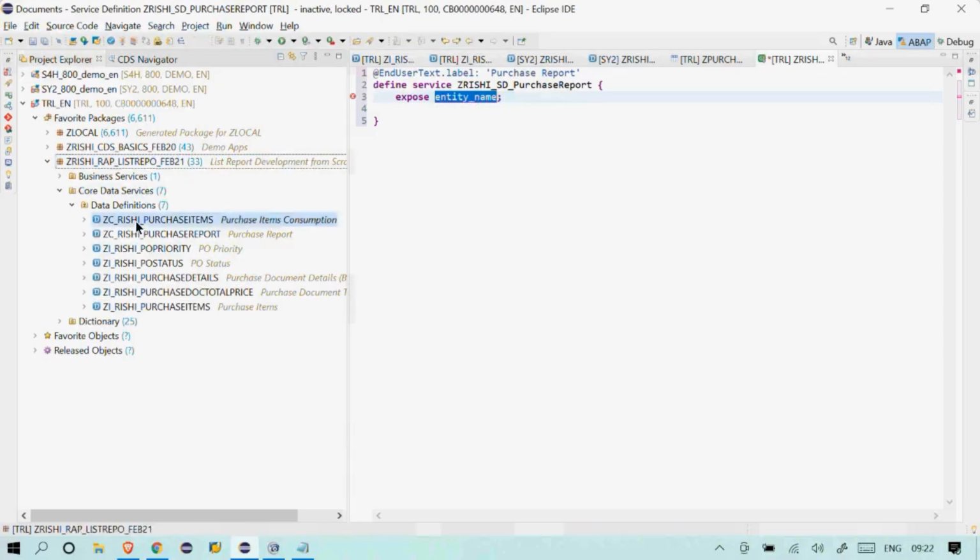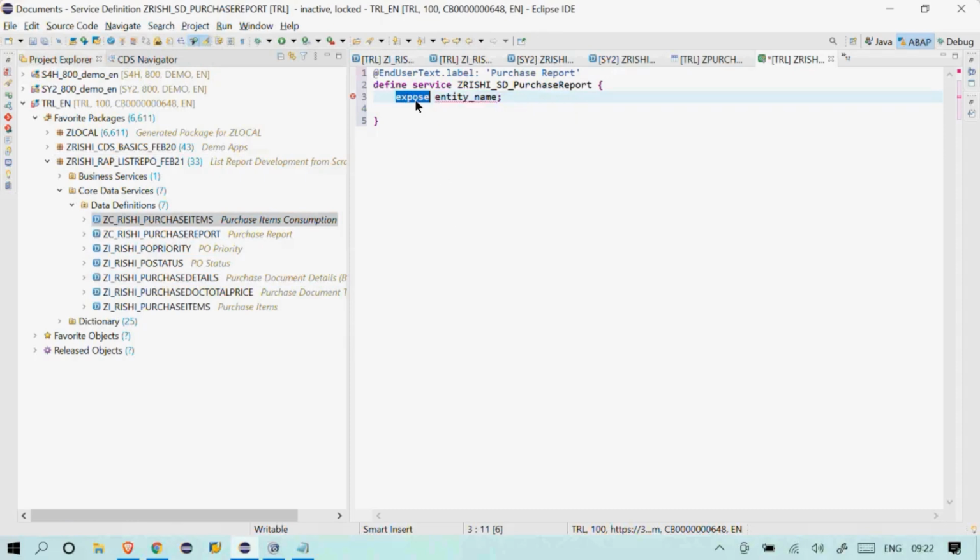Whatever CDS views you have created for your application, like basic and interface views, those should be exposed here, by using the keyword expose and the name. So let's start with exposing the consumption view, the Rishi purchase report, and I'll expose the remaining ones also.